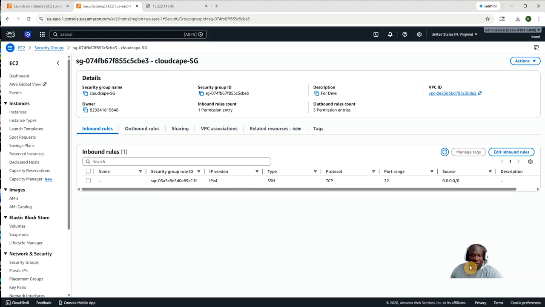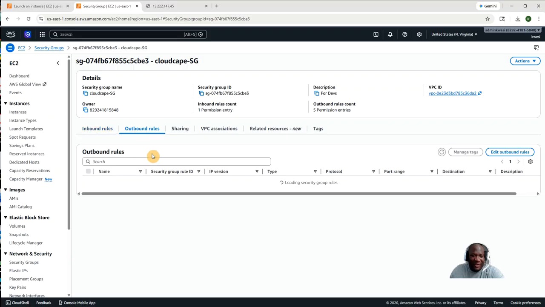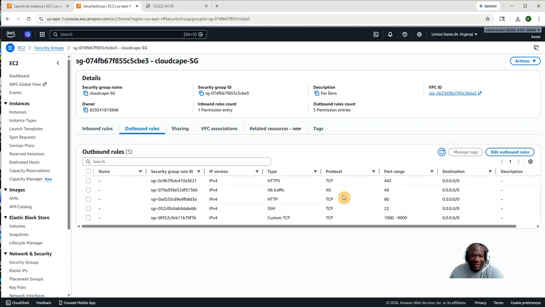So I really wanted to do this. I wanted to have an error when I was creating this, because yesterday when I was creating the security group, I made a mistake and put everything into the outbound rule. Look,